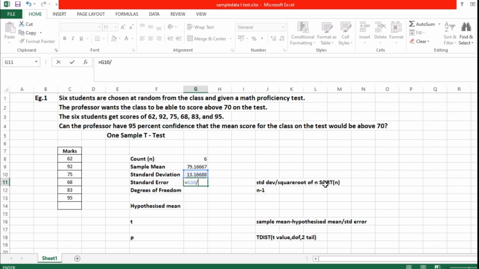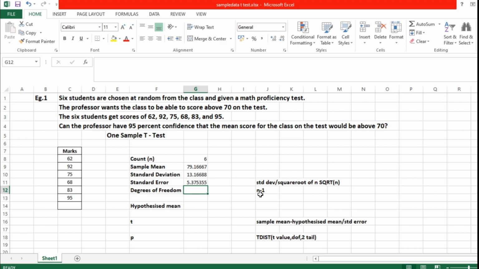I have an option here in Excel, SQRT, which will give the square root. I'm clicking this, and n is 6. I'm selecting this value, closing the bracket, and giving enter. Yes, I got the standard error. So 4 things we have completed manually.